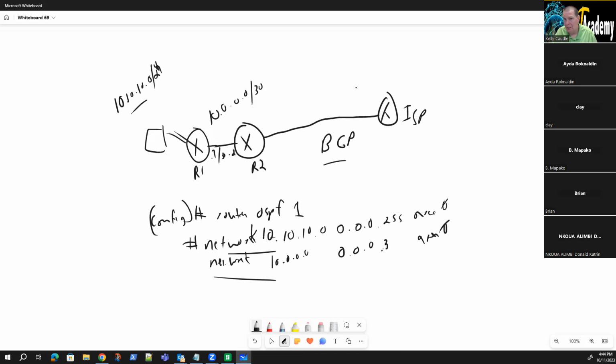So with BGP, networks don't have to be directly connected to be advertised into BGP. This is the only protocol you will study that I know of that you can do this with, okay? You can do a network statement saying advertise this network, and it will do it, and it's not directly connected. But what it has to do, if you tell it to advertise